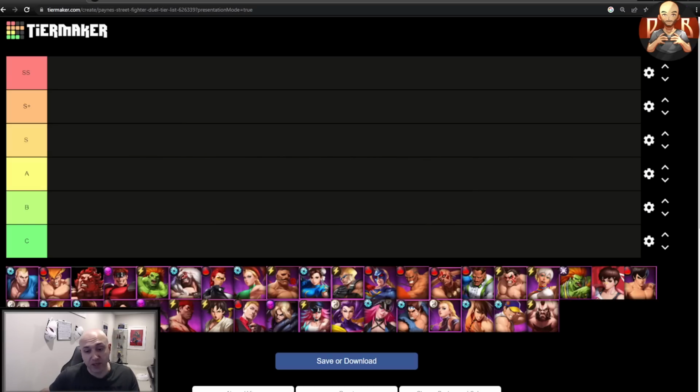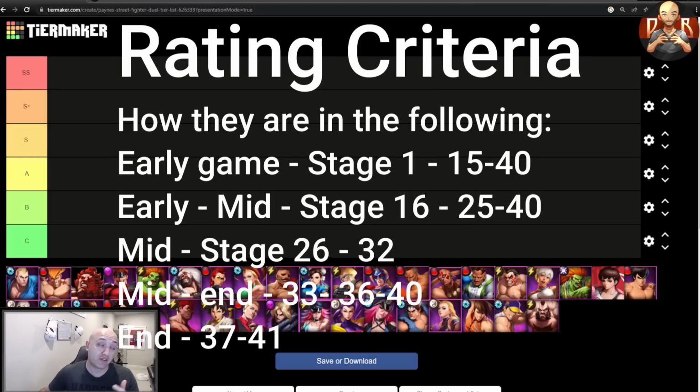Okay, so first thing I want to point out is the ranking will be based on a couple things. How good these units are going to be from early game, which is going to be stage 1 to 15. How they're going to be good in early to mid game, which is 16 to 25. How they are in the mid game itself, which is 26 to 32. Mid to end, which is 33 to 36. And then finally end game, which is 37 to 41, which is currently the last stage in the global version